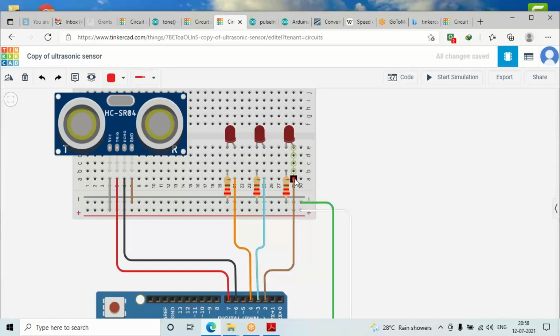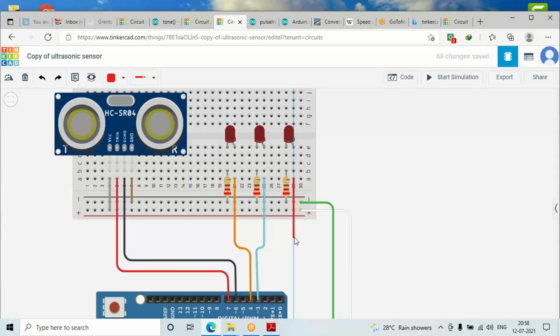Just go to that point, then click there and go to the other point. To help you understand, I'm removing one of them and showing you. You can see the LED anode is connected here, and you can choose any point because all of them have the same value. I made a click. When you click, you will see one wire has now been connected to it, and you have to connect to pin number 2. You can also connect directly, but the design doesn't look good.